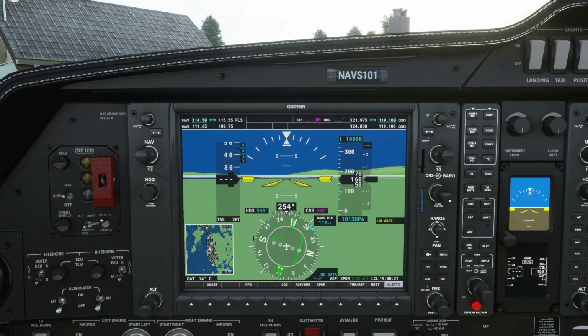This is standard stuff with GA aircraft anyway: you just turn the course rotary dial here, and when it's pointing towards the VOR, that bar moves into the middle. So it's pretty standard stuff. And there we are. We've actually tuned the VOR.